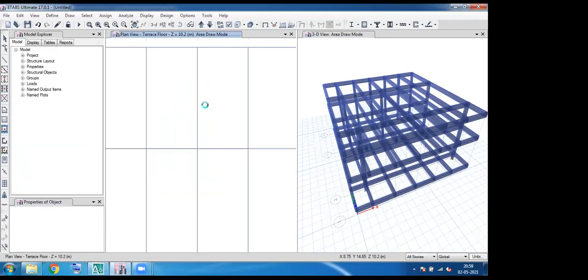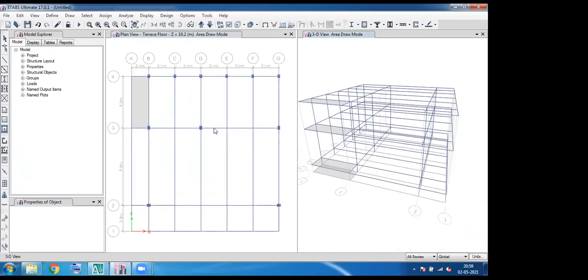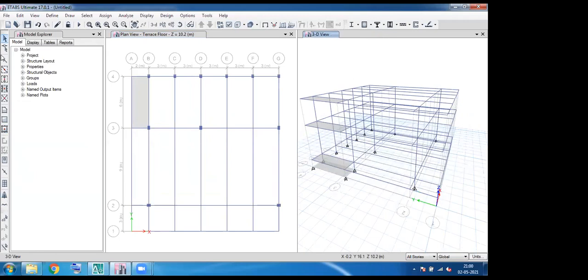Now you can simply click the area where we need our slab. We are already in the all story option. I'm going to a 2D model. So see, in 3D view, you can see our slab.